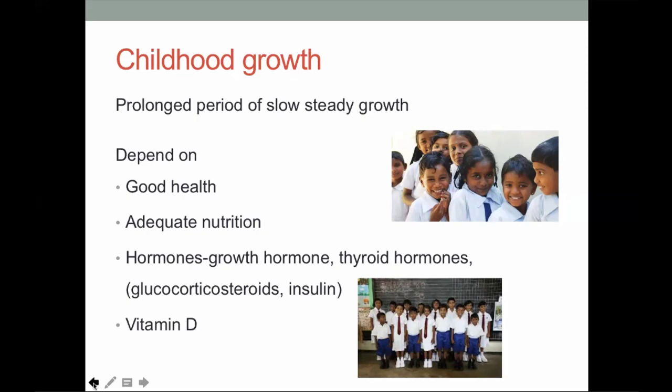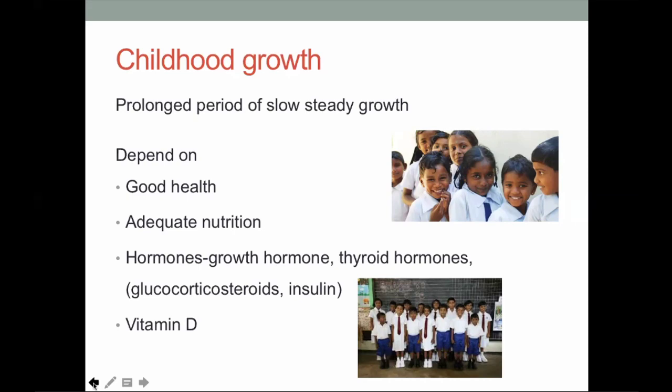So growth continues from fetal life up to completion of puberty. That is, with the fusion of the epiphysis, your growth, your height increase stops. So there are 3 phases: infancy, childhood growth, and pubertal growth. Out of these 3 phases, the period of slowest growth is during childhood, but it is also the longest period